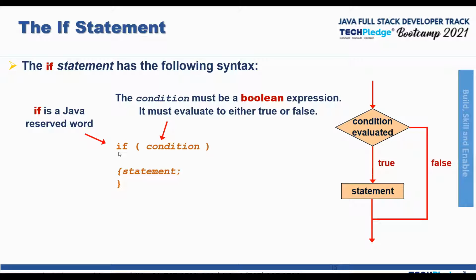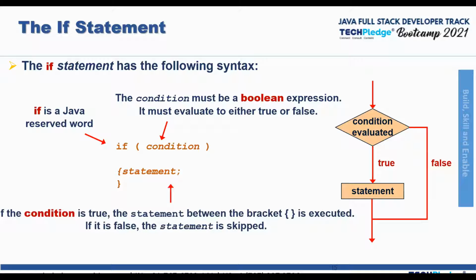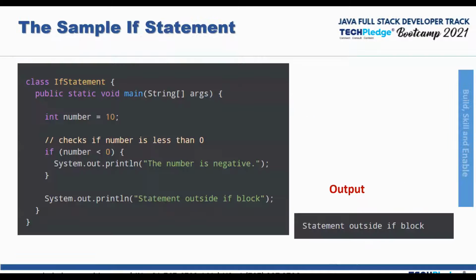So this is the syntax. If, then we'll give the condition. Suppose a number is less than 0, then it is a negative number. If it is not, then something else. Since this is just the if statement, we will not consider the false statement. We'll just consider the true statement. So if a condition is given, we check the condition, and then a statement is given out as the output. Okay, so this is a very simple program.